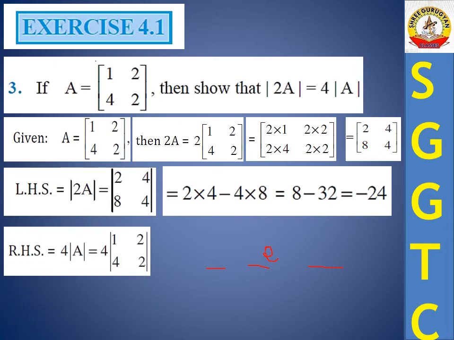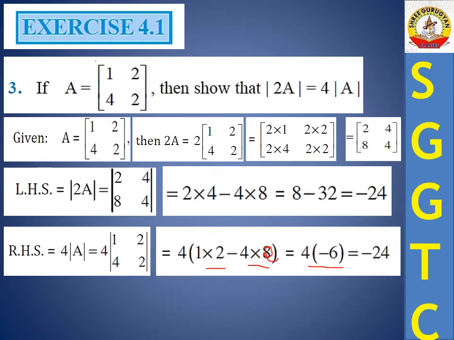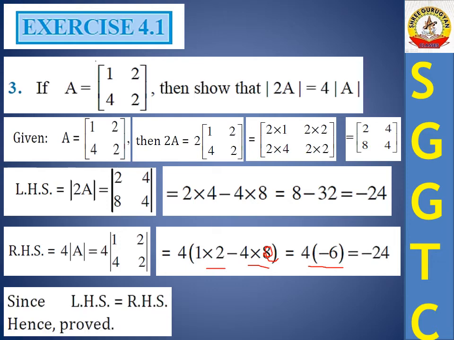Similarly go ahead for RHS: 4 determinant A. So 4 determinant A with values 1 2 4 2. You do not multiply the 4 here. Calculate the determinant first with 4 as it is, and principal diagonals minus secondary diagonal. So 1 2s are 2 minus 4 2s are 8. Here I made one mistake, students: 4 2s are 8, not 2. My mistake there. Don't worry students. So 2 minus 8, it becomes